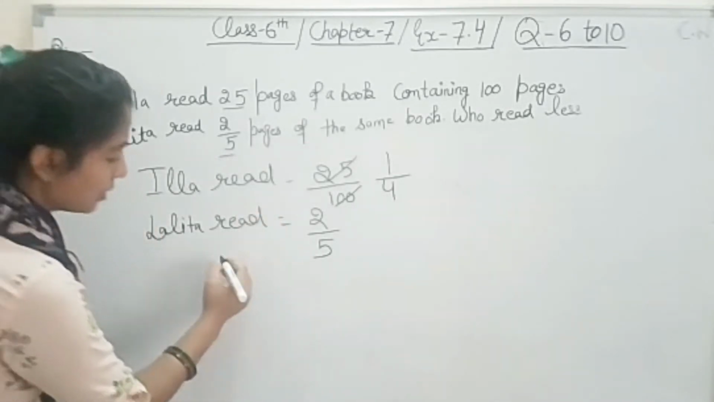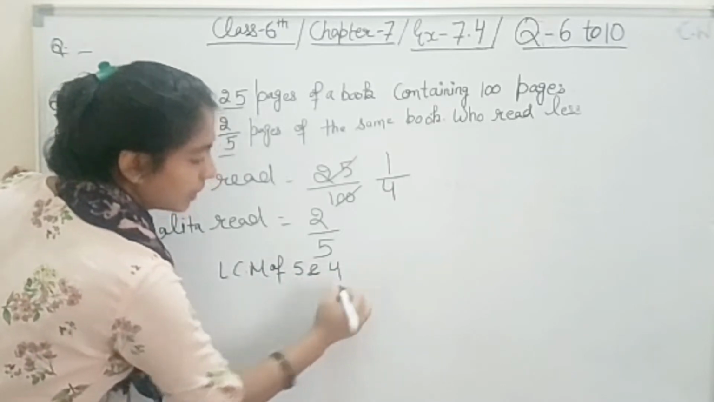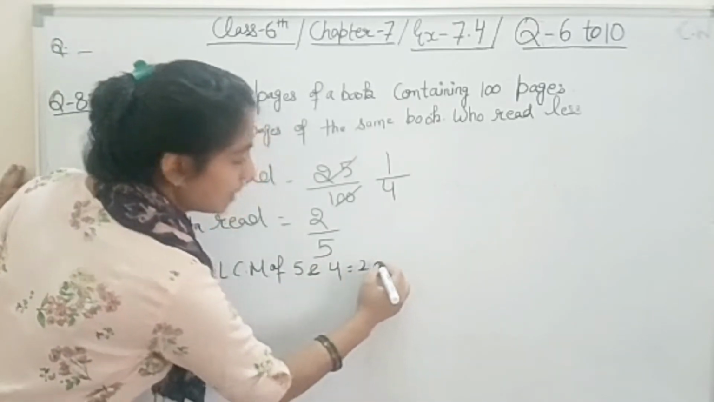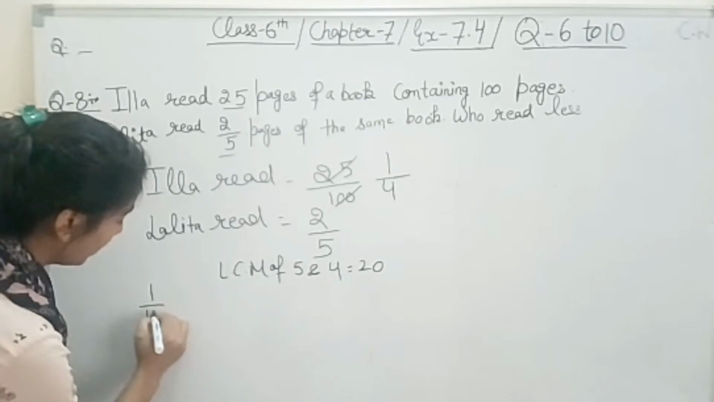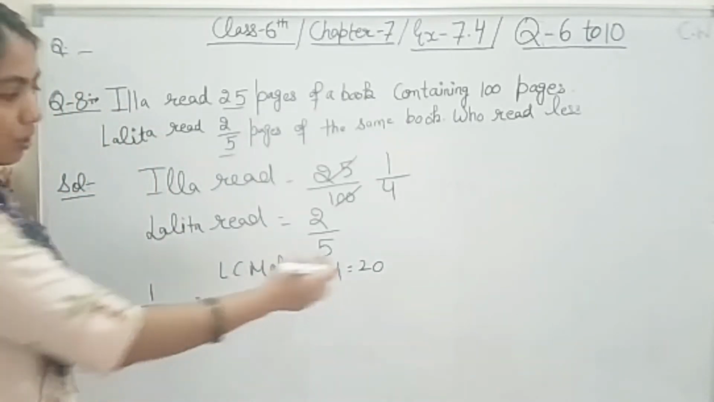So see, as you know, the LCM of 4 and 5 is 20. So it means 1 by 4 should be equal to something by 20, because